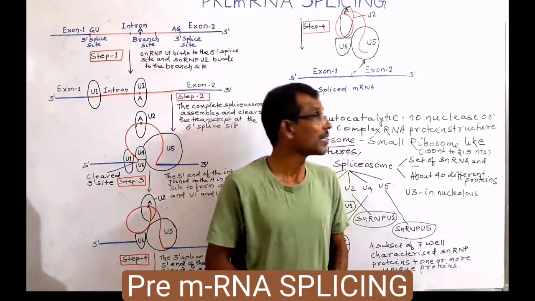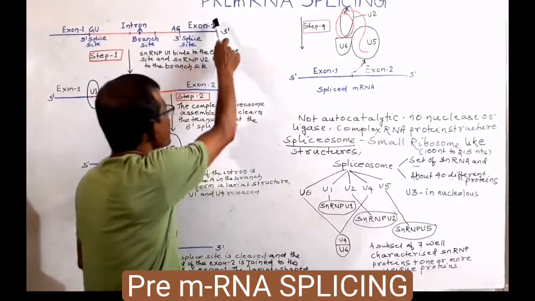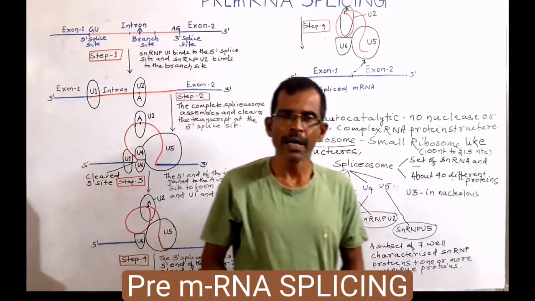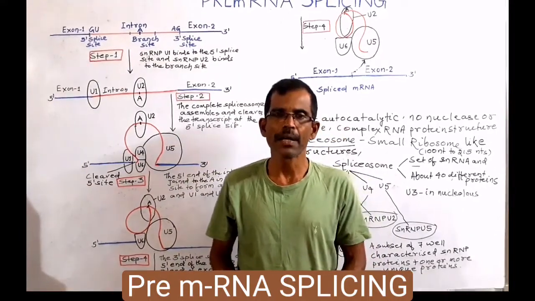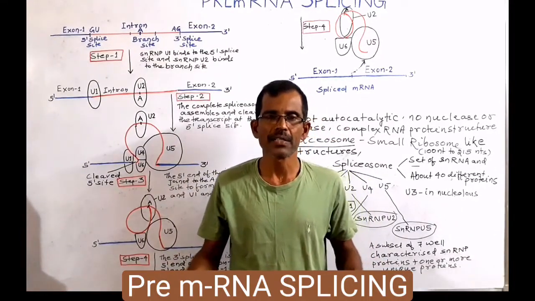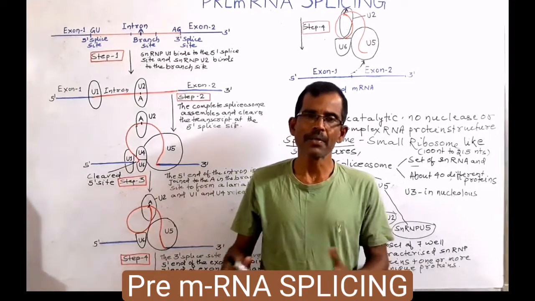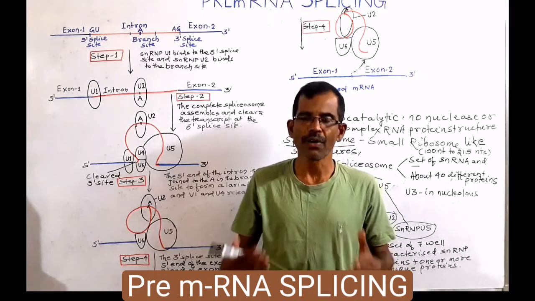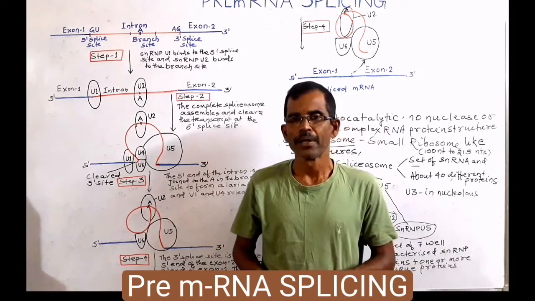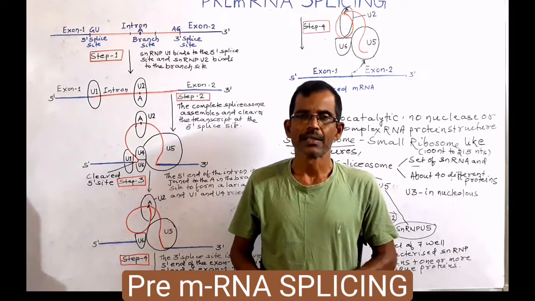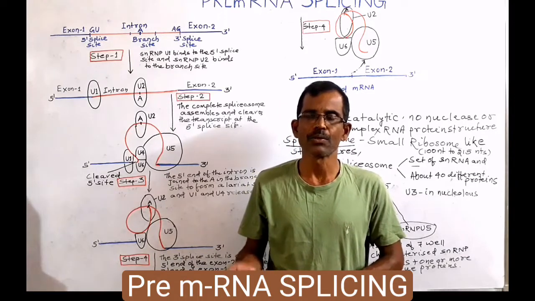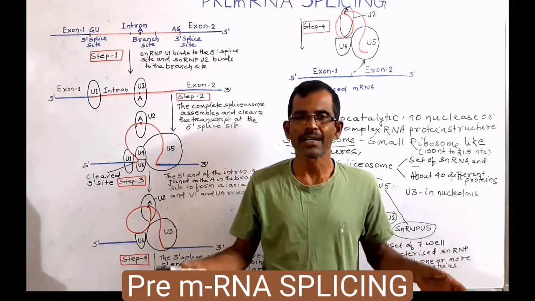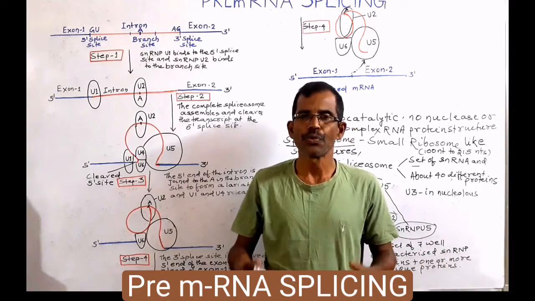Friends, today we shall discuss the splicing of pre-mRNA. Pre-mRNA, or the precursor mRNA, is the primary transcript. This primary transcript undergoes processing to form mature functional mRNA. During processing, the non-coding sequences known as introns are spliced out and the exons are joined accurately to form a